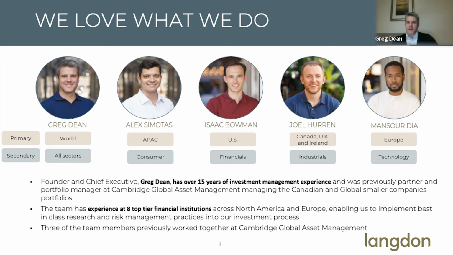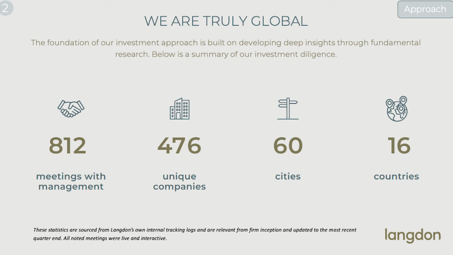And to help people understand where we spend our time, we actually now share this information with all our clients on our website. But this is an overview of, call it, the last 18 months: almost 500 different companies met, closer to 800 meetings in 60 cities and 16 countries. So think of it like we meet the S&P 500 every year. And that's, again, why we're able to say we don't really care if the asset class is attractive or unattractive. It's our job to find a great opportunity set that can decouple from the broader asset class over a reasonable period of time.